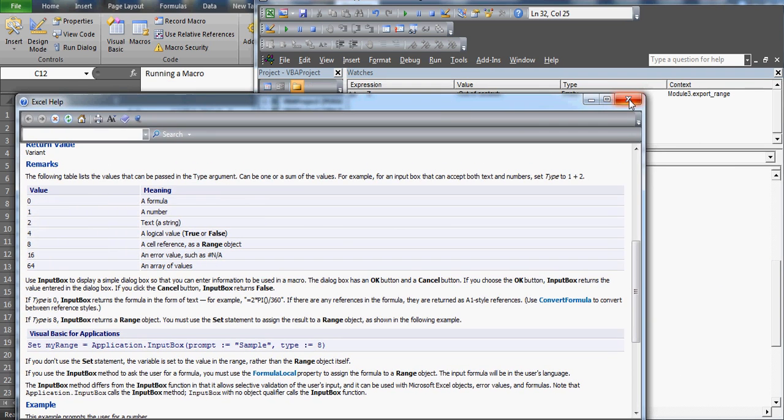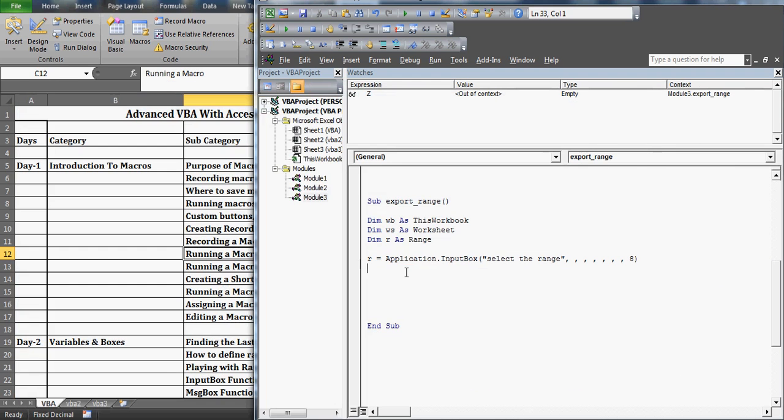This is a very good article given by Microsoft, and we should be very thankful to Microsoft for giving us this kind of F1 help on VBA. So before going to Google, I always take help from Microsoft. In case I don't see something I'm looking for, then I give up and go to Google. So now the next step you want to do is simply come over here and say